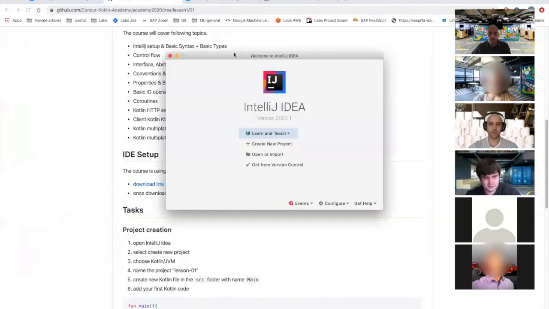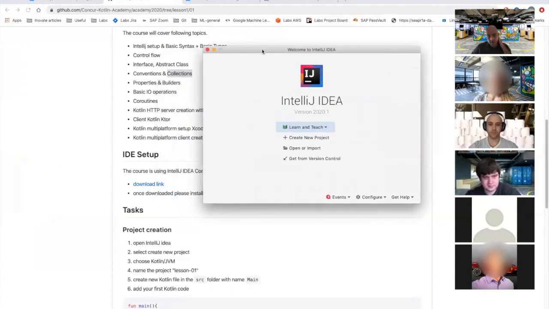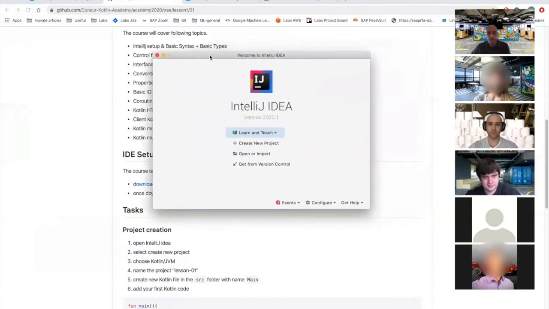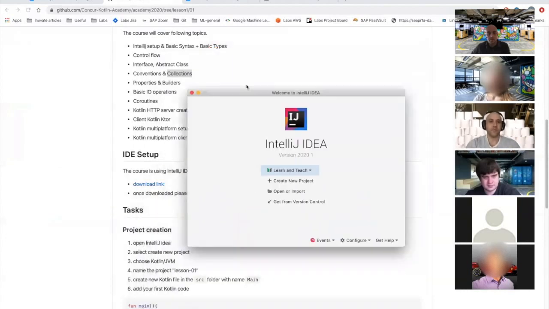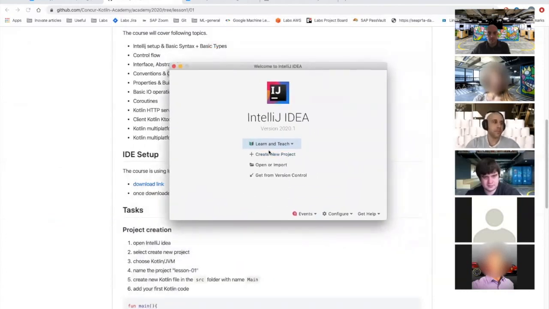For me, I already have my IntelliJ IDEA ready. So once you have it, please just start it